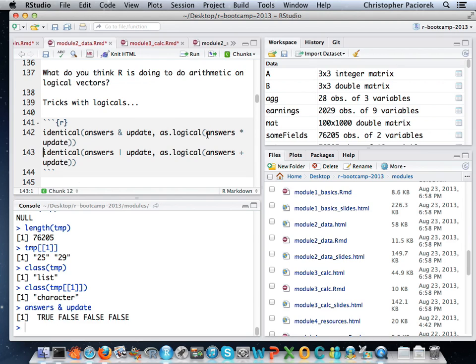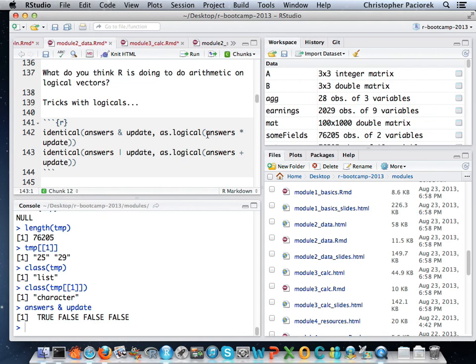Before you multiply answers and updates, they turn into 0 or 1. Yep. And since false is 0, the and sign will be 0 if either one of them is false. Right.